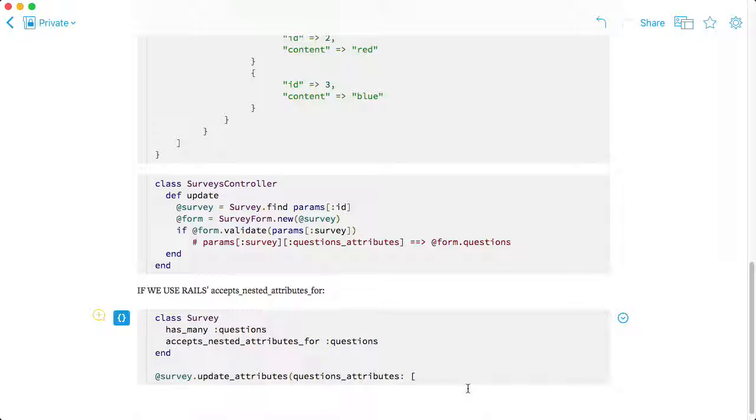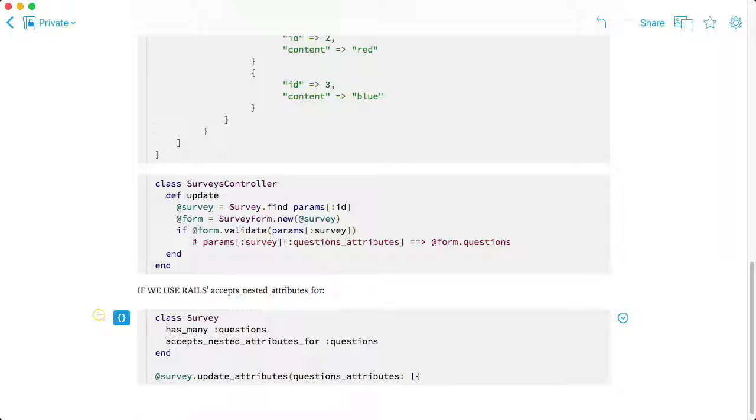Okay, but what if inside questions you have choices, accepts nested attributes? And this is one of the weaknesses of Rails, that it just keeps adding too many methods, and your model becomes way too big, and it's very difficult. Why do you say keep adding more methods? So let's say here,